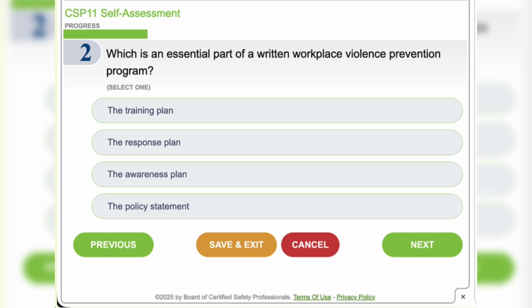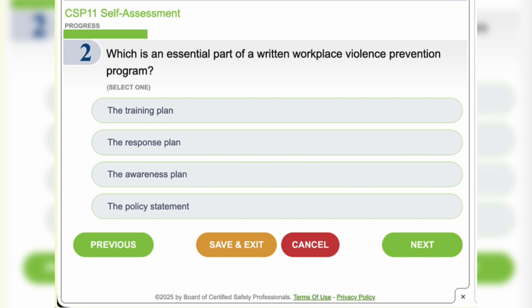Next one, the response plan. It is critical for emergencies, but it is one component, not the fundamental requirement. And awareness plan helps educate workers, but it is not the core of a written program.